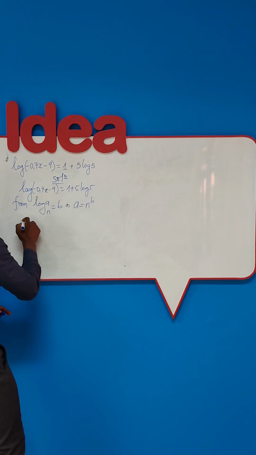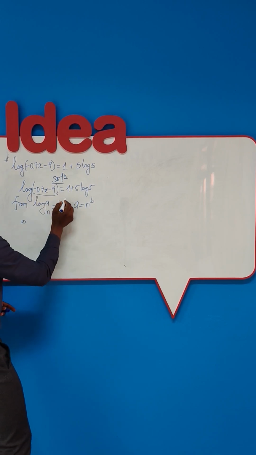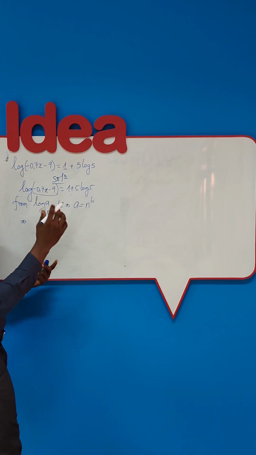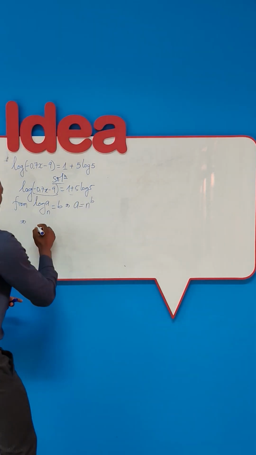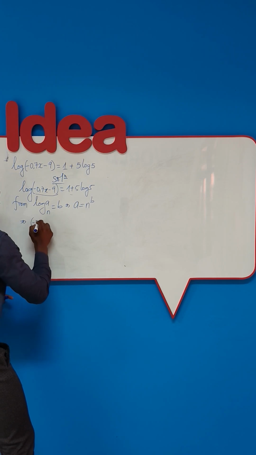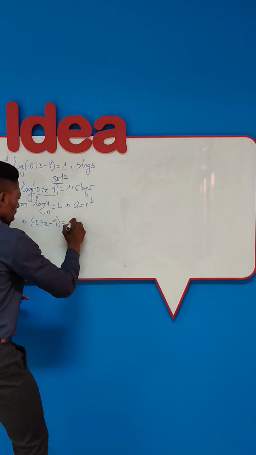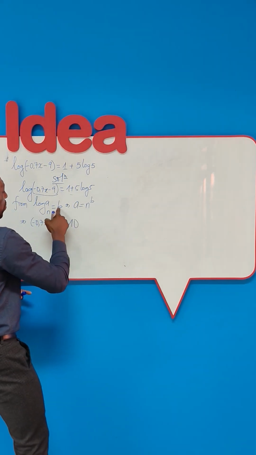In this case, our a is all of this up here, our n is 10, and our b is whatever is here. It doesn't matter how big it looks, don't get scared. So a, which I can put in brackets to minimize mistakes, negative 0.7x minus 9, is going to be equal to n, which is 10, raised to the power b, which is